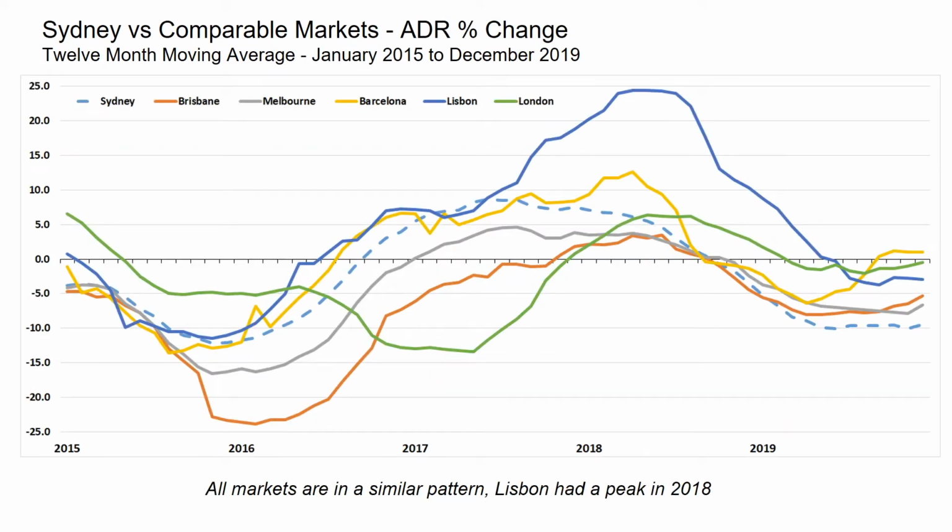Another graph showing the ADR percentage change for the six markets over the last 5 years. All the markets are in a similar pattern. In Lisbon, the Eurovision Song Contest happened in May 2018, so the ADR percentage increased a little bit. And after the attack in August and the referendum, the ADR decreased. And for London, due to the deal for Brexit being introduced in 2016, the ADR was fluctuating over the last 5 years.